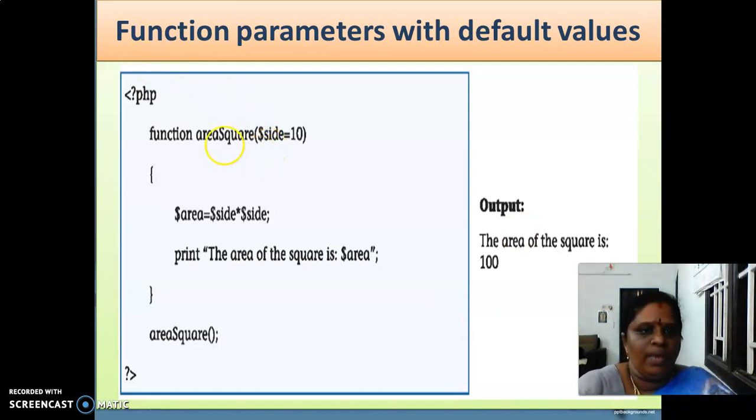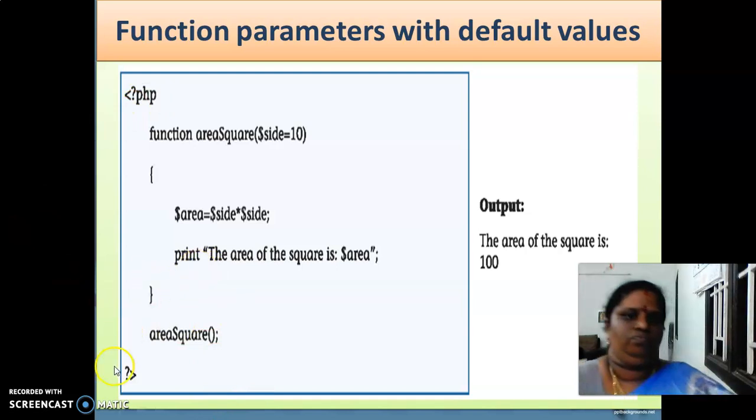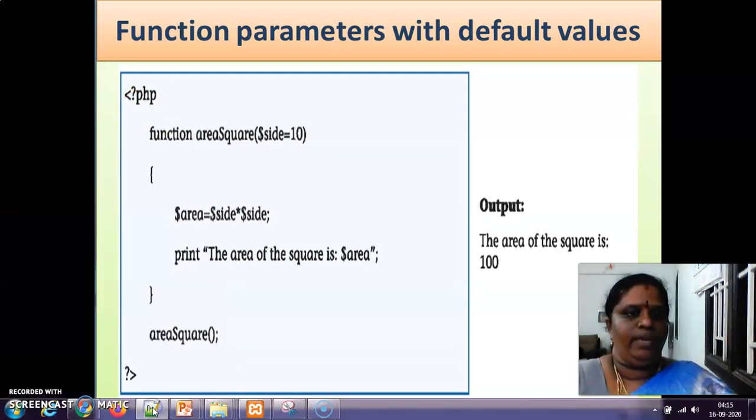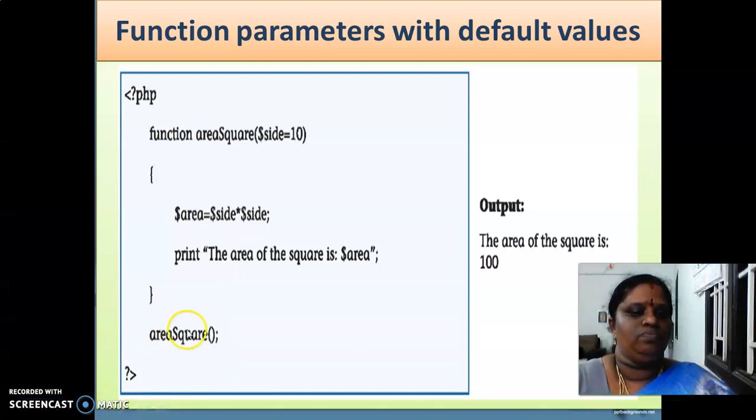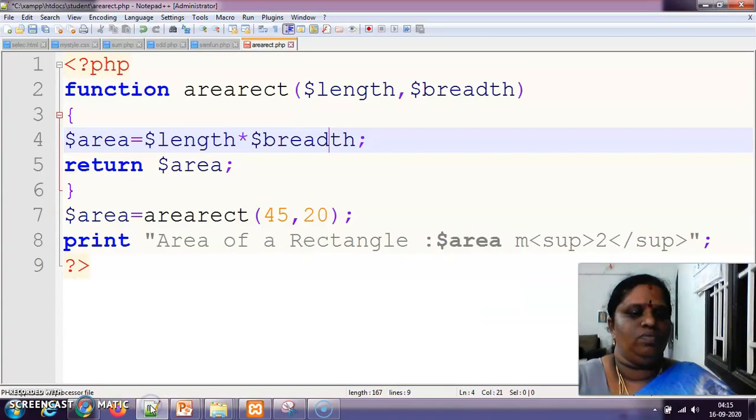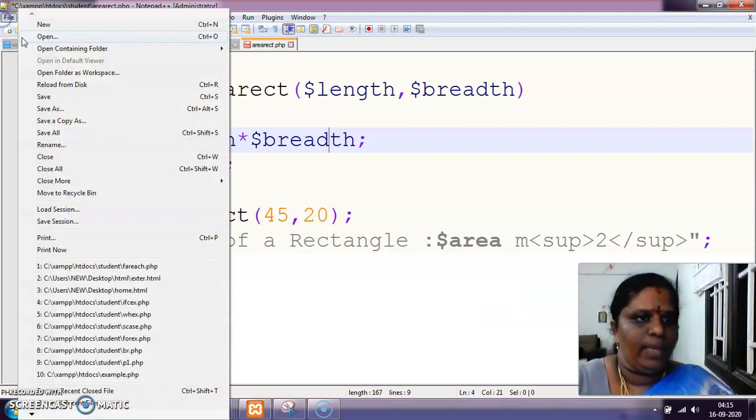Can we check this program? Yes. We can go here. Open a new program.